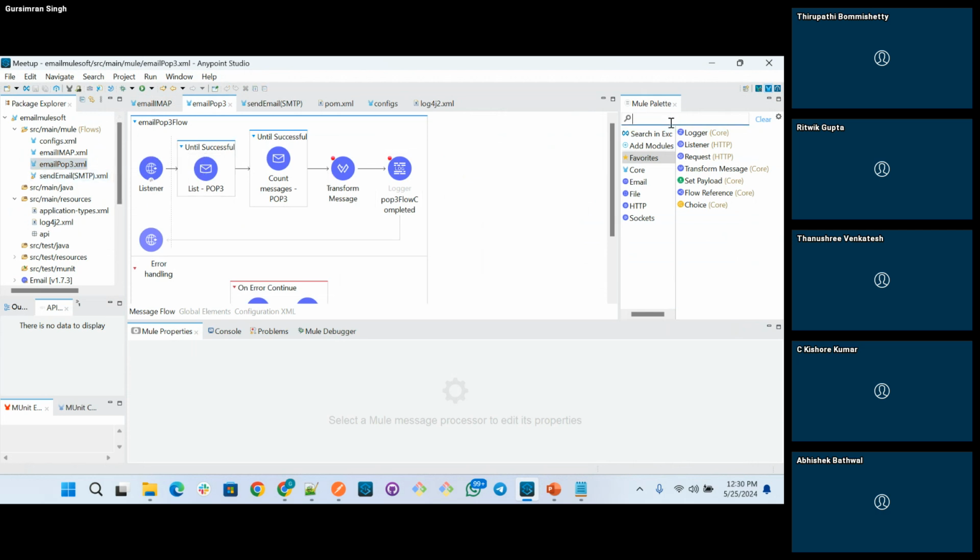So why POP3, why not? It's not any hard and fast rule, but it does not sync the emails, and we have to download the emails into the entire system. It's kind of blocking, the opposite case to IMAP.